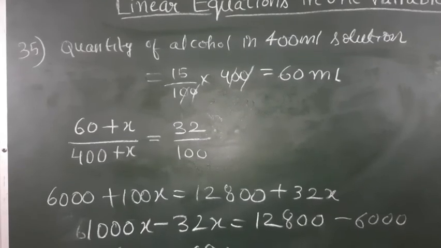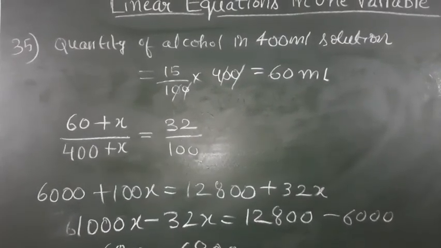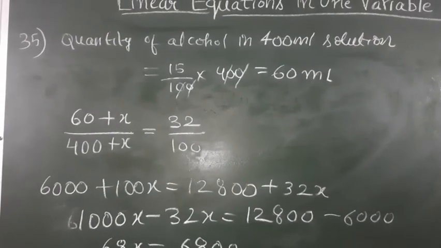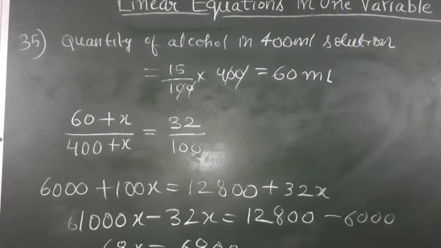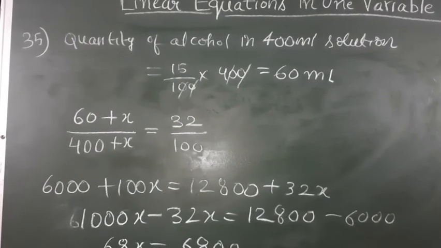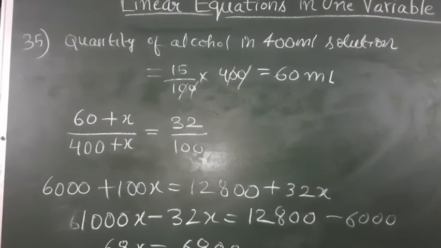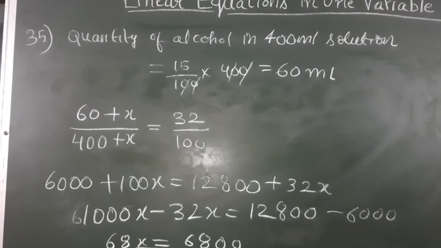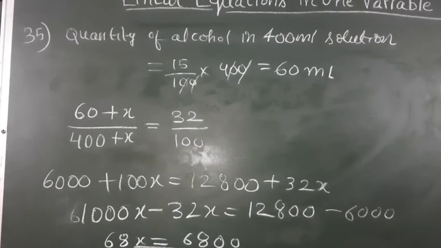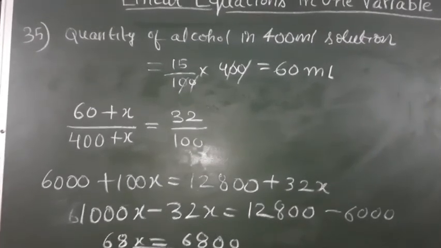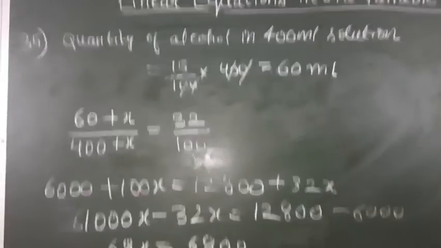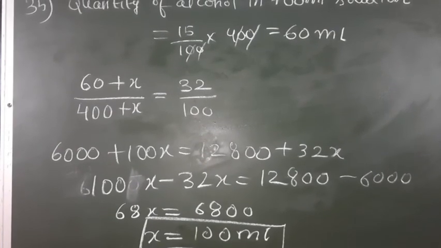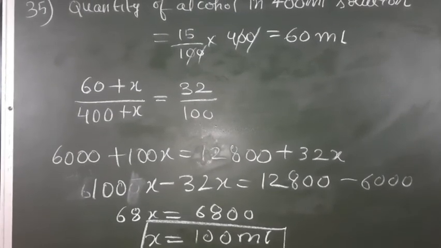Okay. So now we will do the cross multiplication. After doing the cross multiplication, you all can see that 60 multiplied by 100 will be 6,000 and 100 multiplied by x is 100x. Now 32 multiplied by 400 is 12,800 and 32 multiplied by x is 32x. Now collecting the like terms together, I have written here 1000x, but it is 100x. So let me rub this. Now can you see that it is 100x minus 32x, collecting the like terms together,